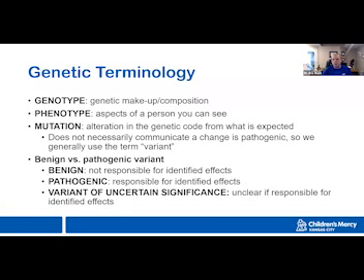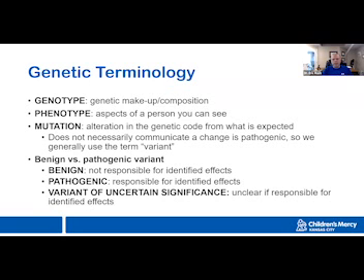or another term we can use that is also problematic is normal. Well, what really is normal? And that definition is not really even clear. Or pathogenic, which means that we find a variant that is responsible for the identified effect. A pathogenic variant is what people think of when they're thinking of mutation, even though pathogenic variant is far more descriptive. And pathogenic just means it's something that is disease causing.